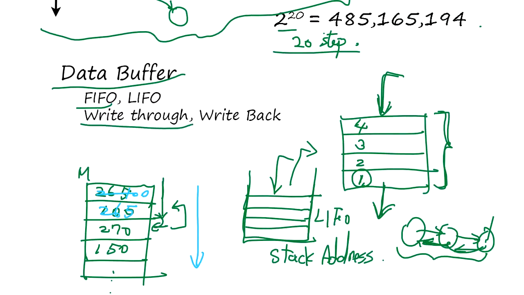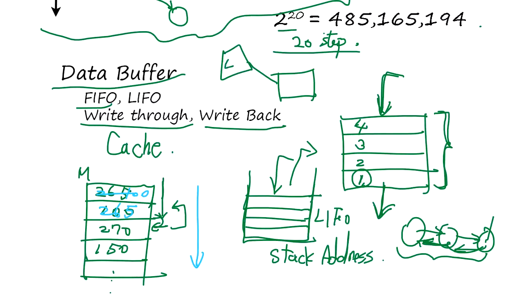Okay, and the write through and the write back. This is used in the cache. So what happens is, when you have a large database, okay, you get some data, but if you know it's going to be used again by the user, then you leave it in a cache. So you don't have to search the large database again, because the small cache keeps the most frequently used data. And what happens is, when the user puts the data here,